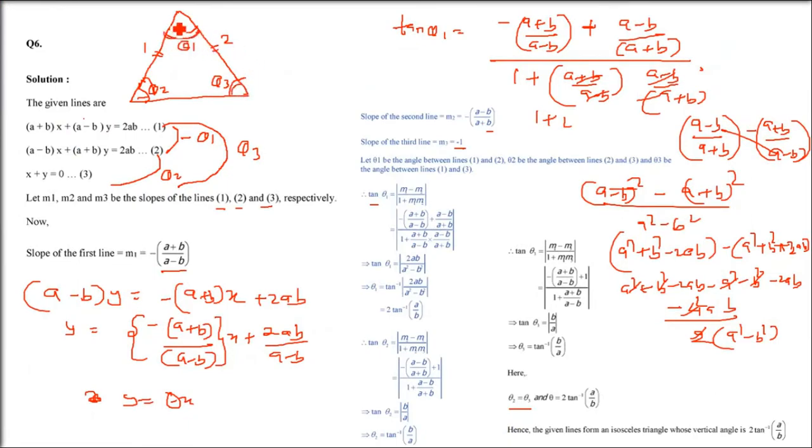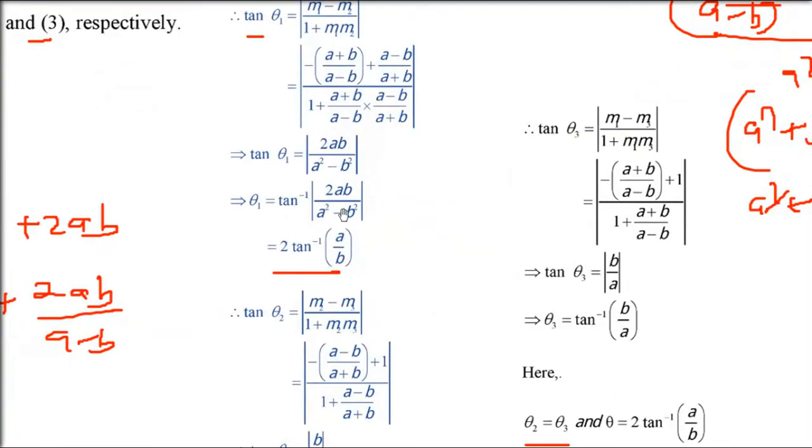We were already presuming that these two sides are equal and they have equal angles on the opposite sides. This is how you get it. As I said again, this is a trigonometry result. So this is 2 tan inverse a by b. Answer is 2 tan inverse a by b. Please don't write only tan inverse 2ab by a square minus b square. This is not the answer. It has to be 2 tan inverse a by b because this has to be proved. In the question it is given, isosceles triangle whose vertical angle is 2 tan inverse a by b. I hope this is quite clear to you.